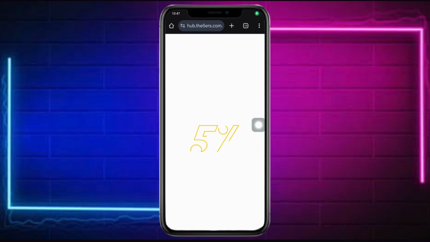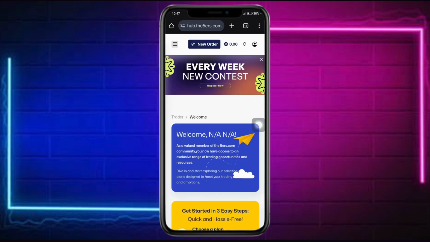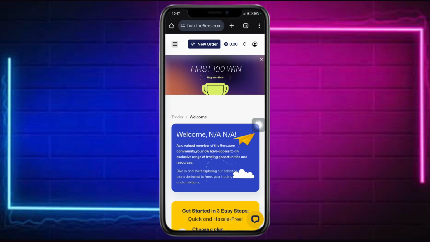How to connect Fiverr to MetaTrader 5. In this video, I will show you how you can easily connect your Fiverr's funded account to MetaTrader 5 on your phone. So first things first, all you have to do is go to your phone browser and search